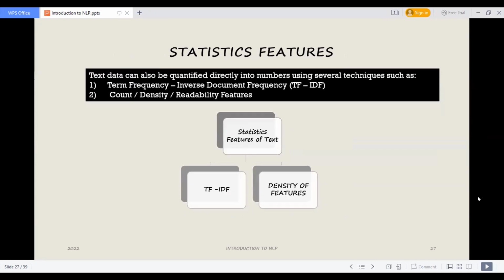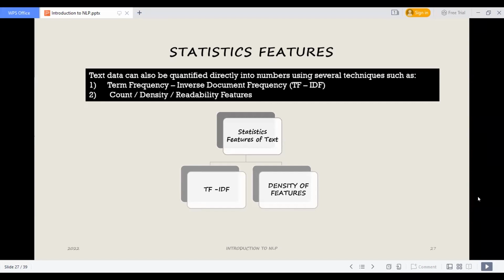Now let's discuss the most important feature of NLP, that is term frequency, which comes under statistical features, that is TF-IDF. Another part of that is density of features, which is nothing but count and variability features. TF-IDF is term frequency inverse document frequency. TF is the term frequency, and IDF is the inverse document frequency.